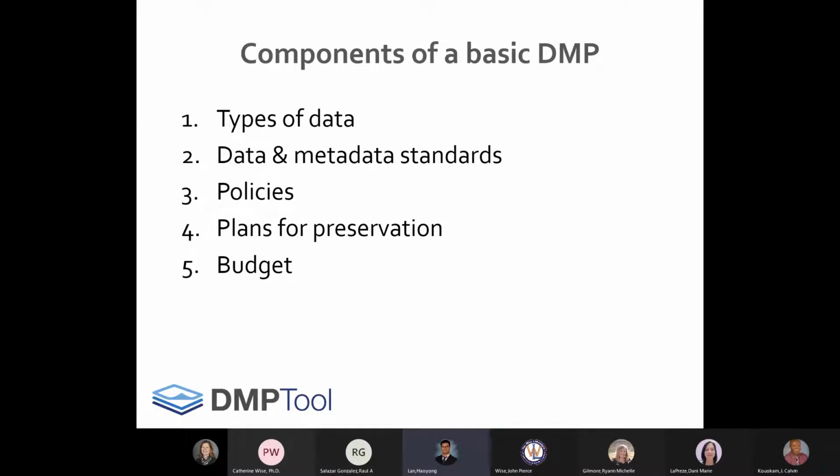Okay, so next let's talk about the components of a basic DMP. The first component is the types of data, the next one is the data and metadata standards, the third one is the policies for the DMP, and the fourth one is the plans for data preservation. And the final component is, of course, the budget, because we need the funding and the budget in order to,